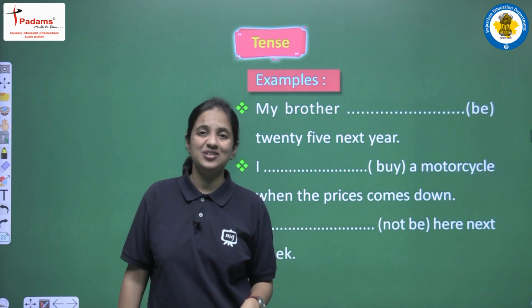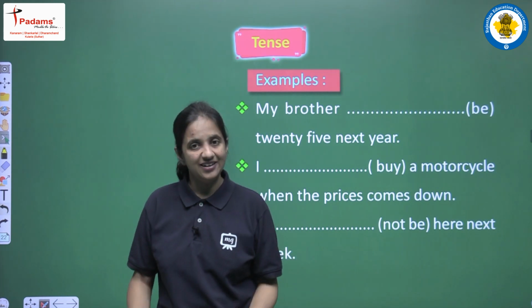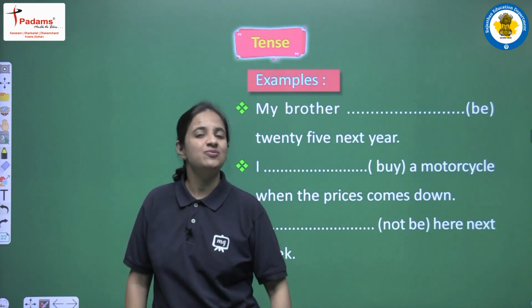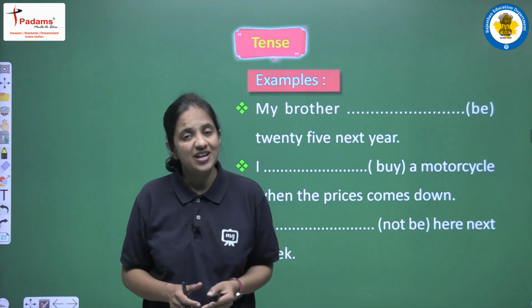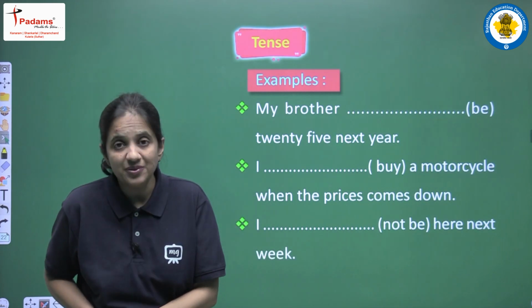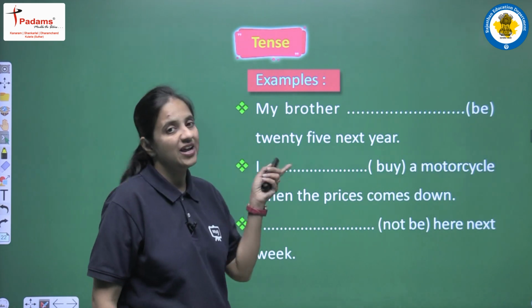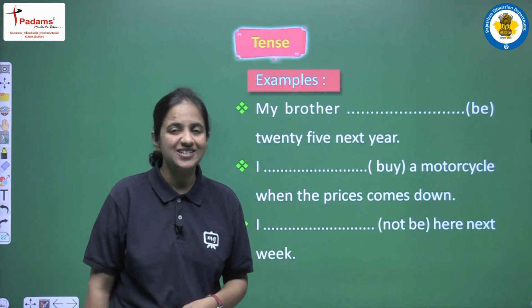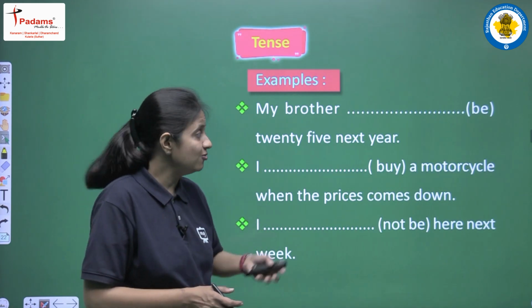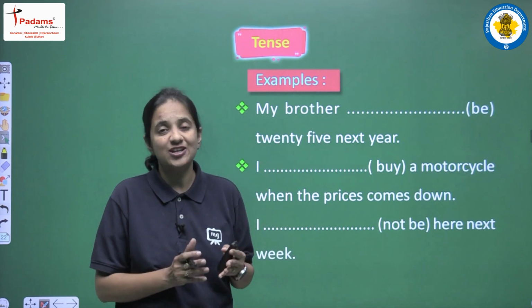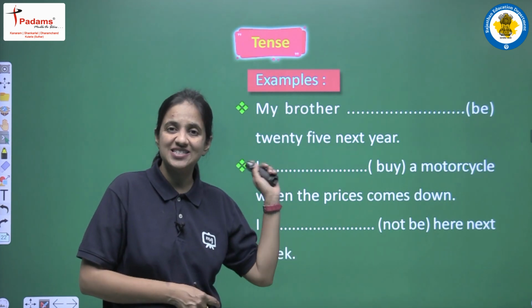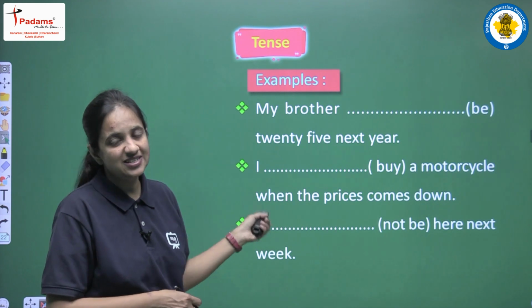So till now we have discussed all the rules that are related with future simple tense. We have seen the different uses, and we have seen so many examples. So now I am very much sure that you all are ready with your answers. You all are well prepared to fill the blanks, and you are actually very much ready to complete the sentence. So let's complete the sentence.